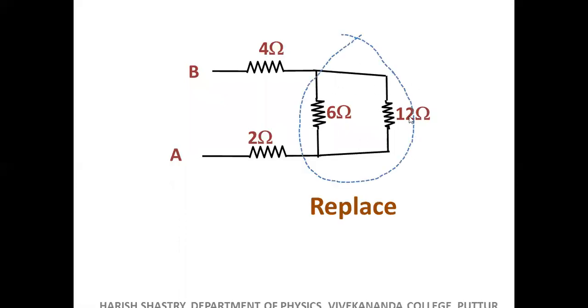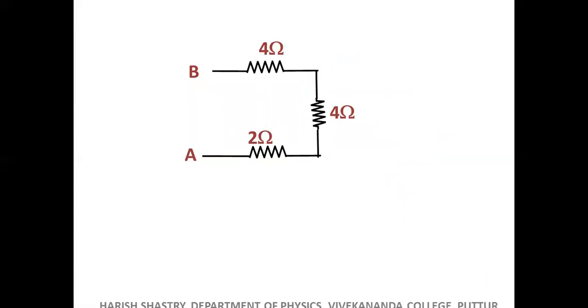So shall we replace this? What is 12 parallel 6? Again, mental calculation, no calculator. 12 into 6 by 12 plus 6. Do you know what is 12 into 6? Sir, I studied it long back, when I was a small kid. No, you should remember it now also. Now you are not 90 years old. Remember it. 6 into 12 is 72, correct? 72 by 18, 6 plus 12 is 18. 72 by 18 is 4. 18 fours are 72. So this is 4. Shall I replace it? 4.